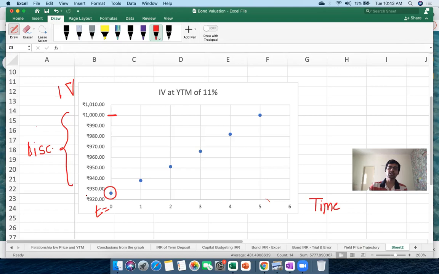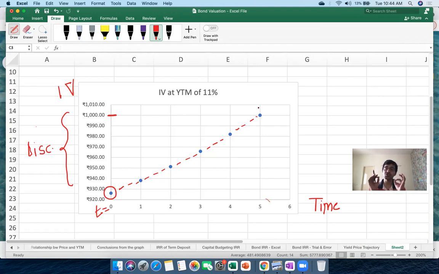But what I want you to notice over here is this discount bond is slowly increasing towards the par value as time to maturity reduces, as we are moving from year 0 to year 1, year 2, year 3, year 4, year 5. This bond is slowly moving towards the par value as time to maturity reduces. As the time on the x-axis increases, the remaining time to maturity of the bond is decreasing. Therefore, as time elapsed increases, a discount bond is moving towards the par value,